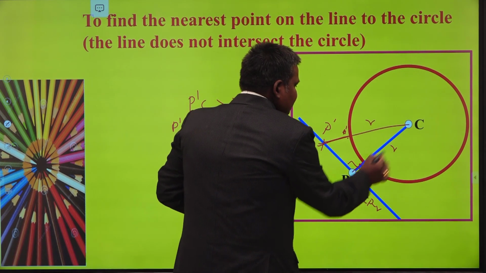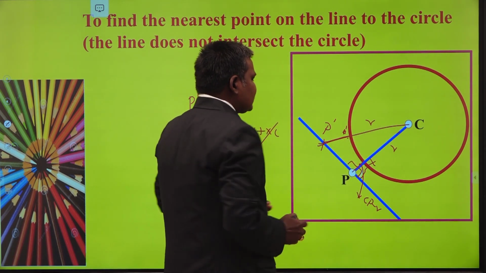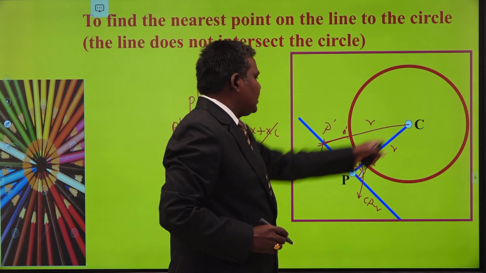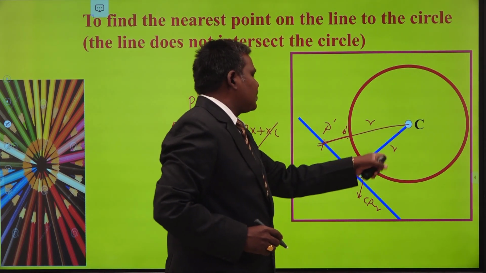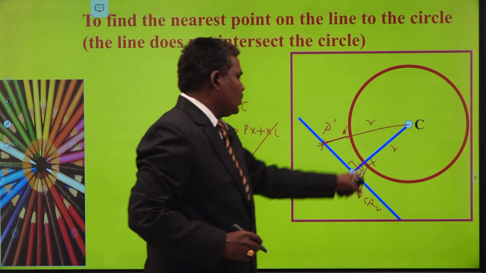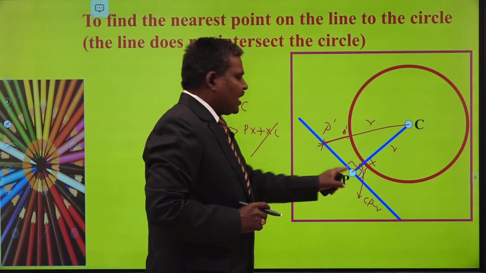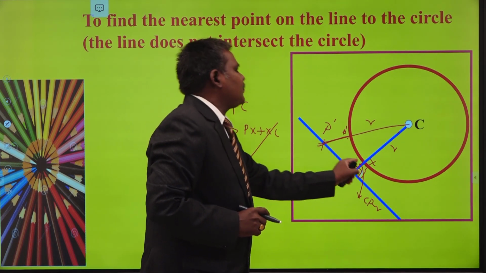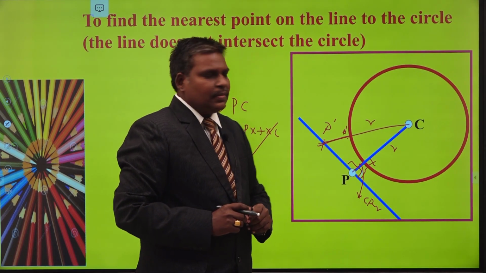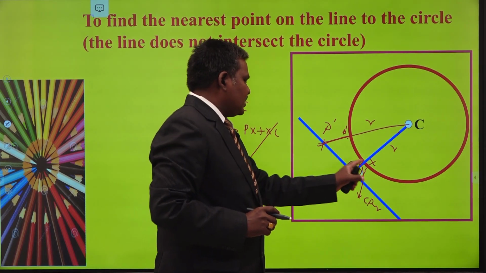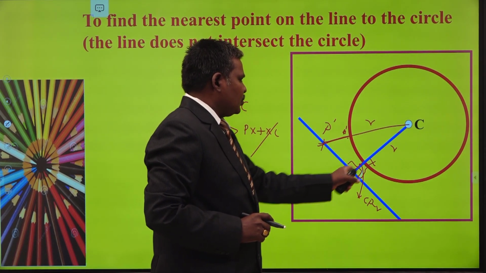You have the distance, similarly you have the radius R, you can apply. You know the foot of the perpendicular. You know the coordinates of C. CP minus R is to R, use the internal division formula. You apply it, you get the point on the circle. Finding the point on the line is very easy. It is a little bit difficult to find the point on the circle. How to find that one? After getting the coordinates of P, you apply the CP minus R is to R ratio to PC.